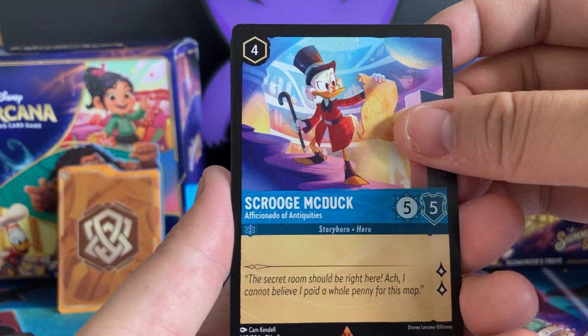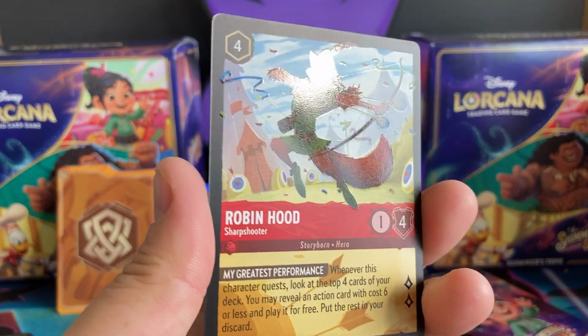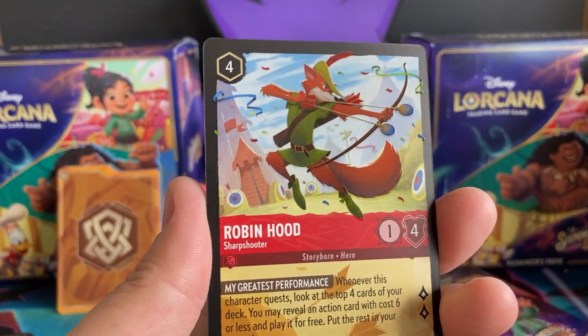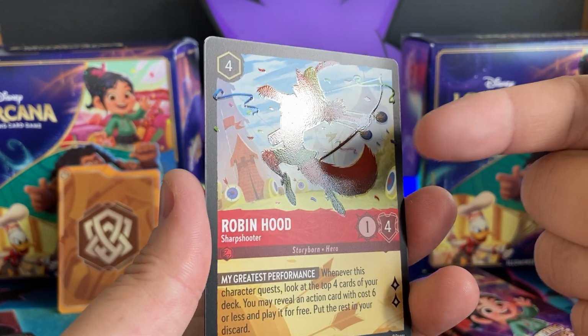We have Scrooge McDuck. Ooh, our first legendary pool. Robin Hood. If you don't know, they actually made the legendary cards have a little bit more of a different sort of